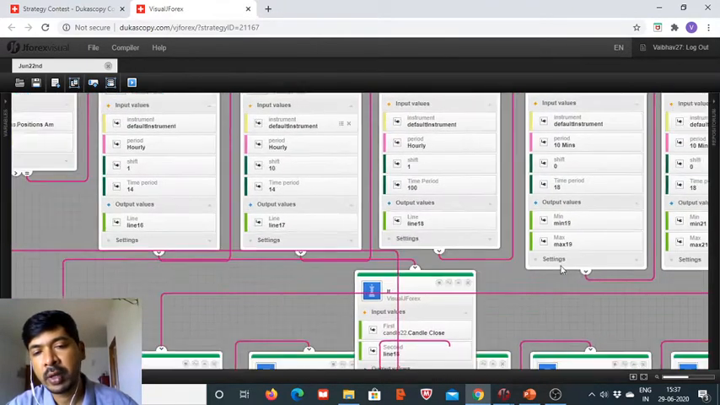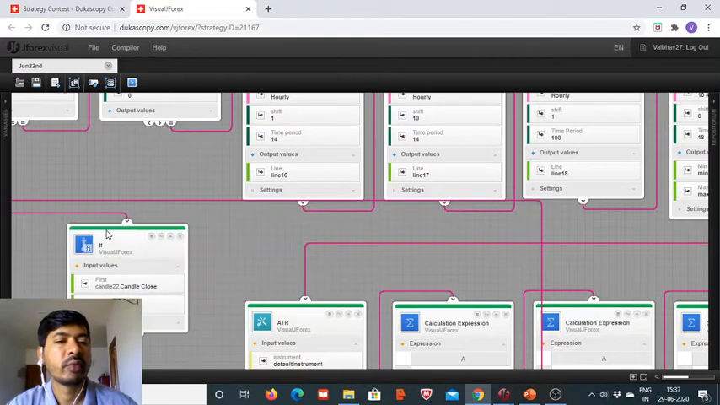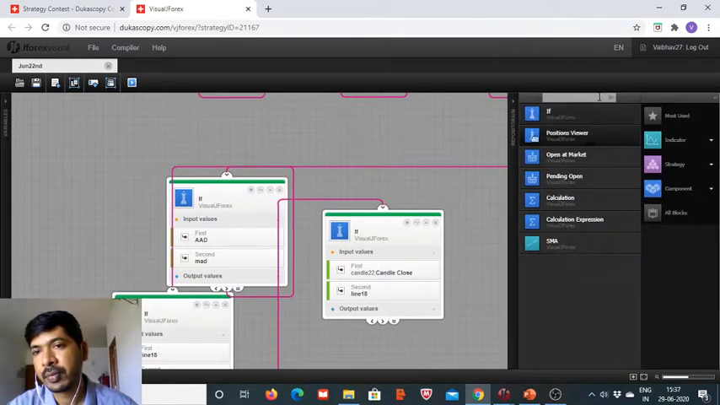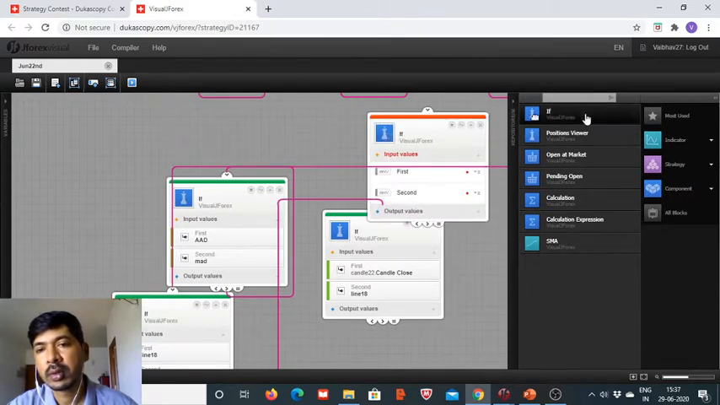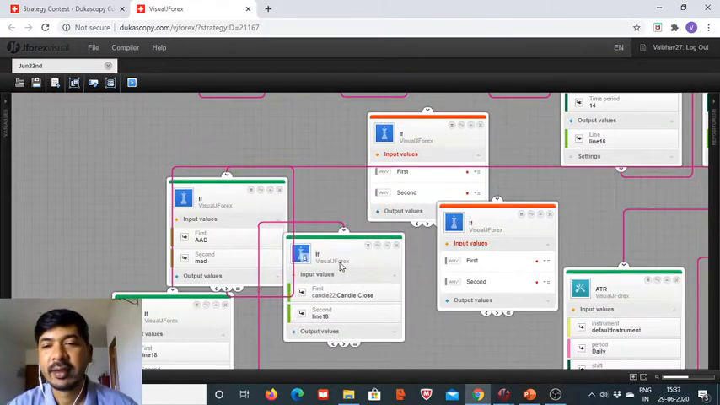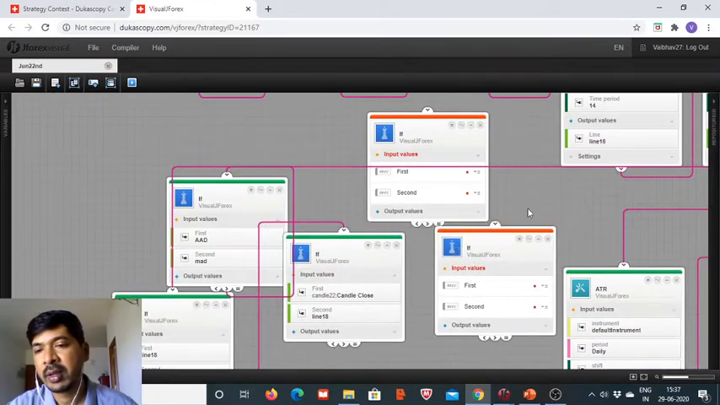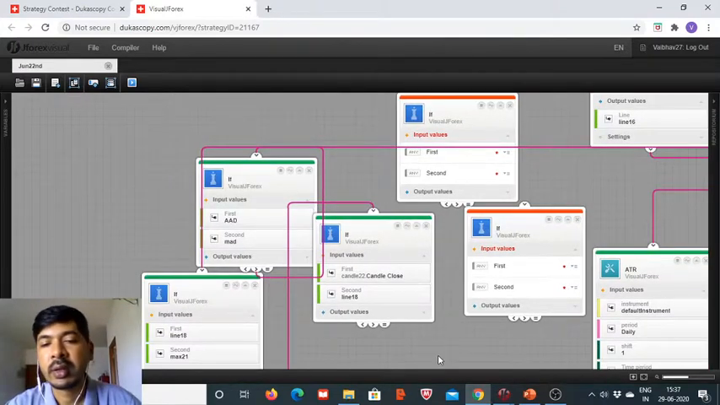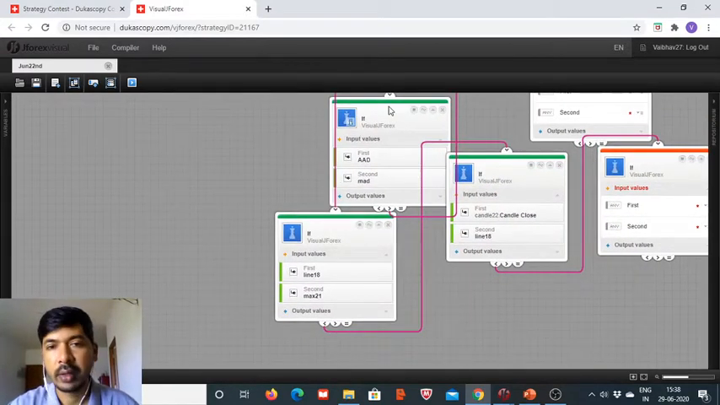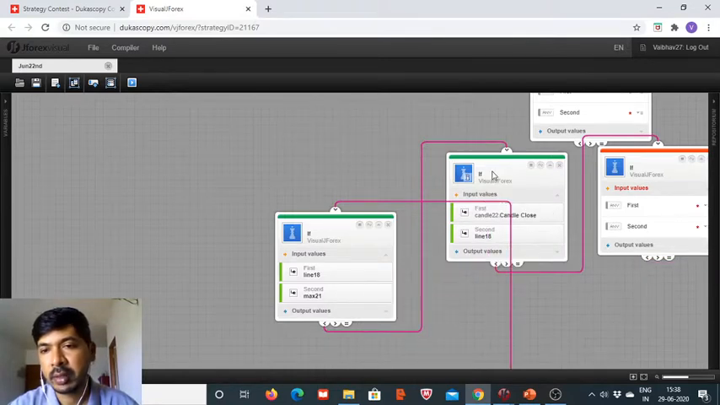It's time to bring a couple more if blocks to define the entry point precisely, and then arrange these if blocks in order to make it look aesthetic as well. So here the requirement is that the candle 22's closing level was below the SMA 100. So we have defined 3 more conditions here,